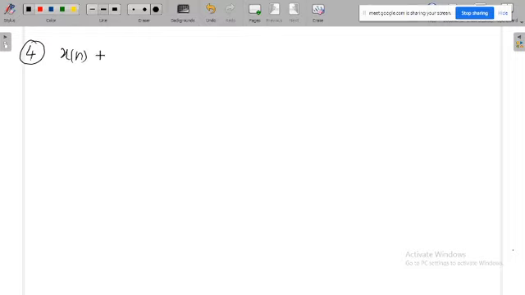The signal x of n is equal to 1 plus e power j 4 pi n divided by 7 minus e power j 2 pi n divided by 5. So this signal consists of a constant along with the exponential signals. Again, the constant will not affect your time period because the constant does not have any time index. It will only affect the amplitude of the signal.